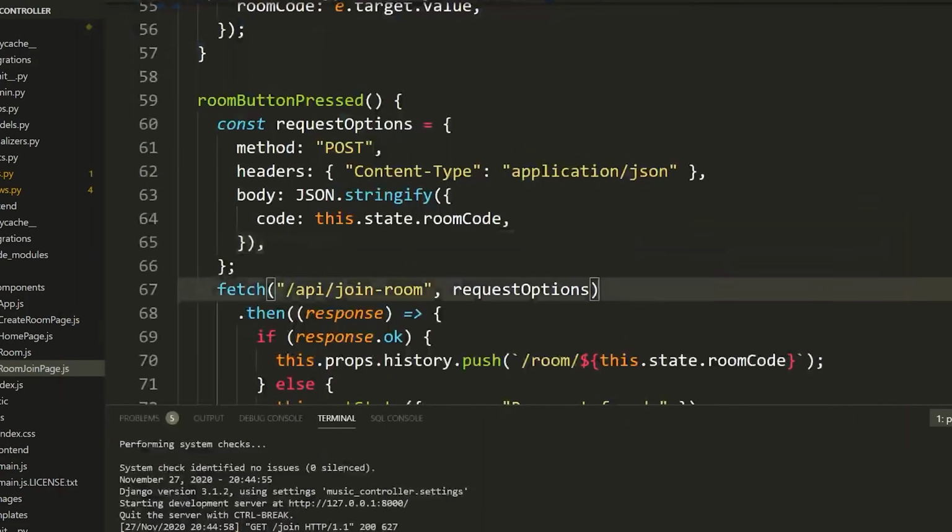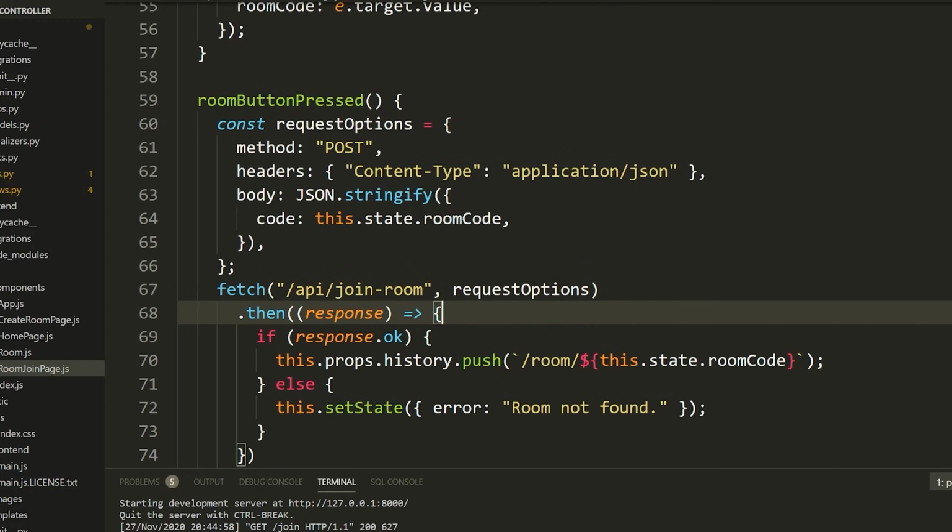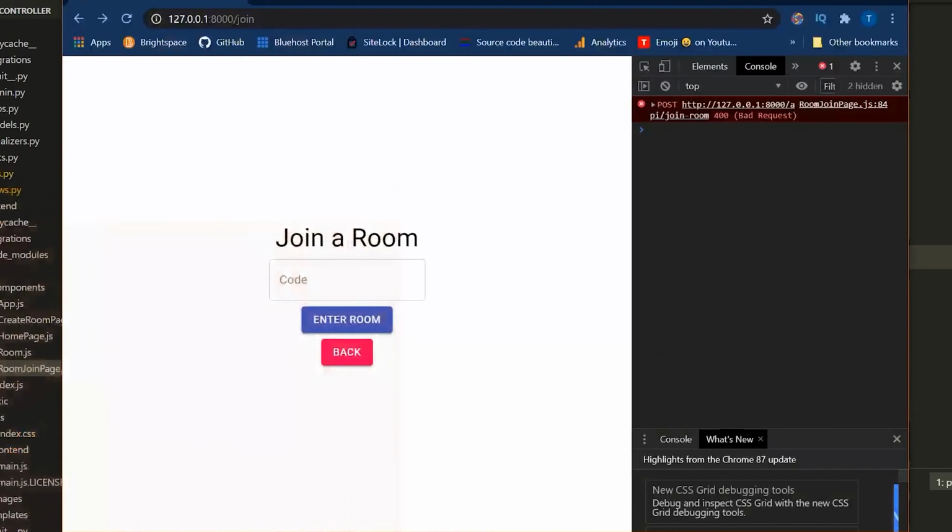Okay, so it looks like I made another silly mistake here. I added an extra slash to the end of join room. That was causing the server to not recognize the request I was sending. So just remove this slash at the end of line 67. Again, all this code will be on the GitHub, so you can find it if for some reason I'm confusing you, but I had a slash here, just need to remove that. So anyways, now that we have that, let's go back here.